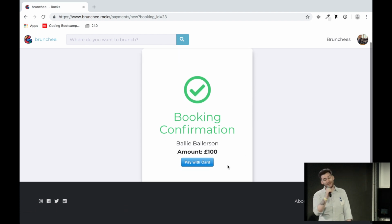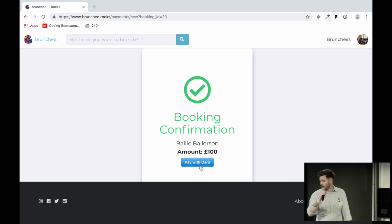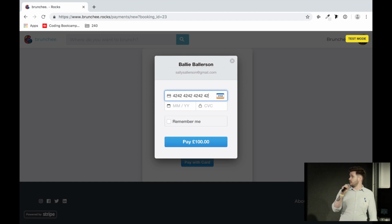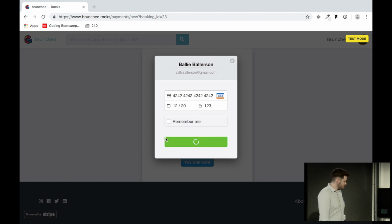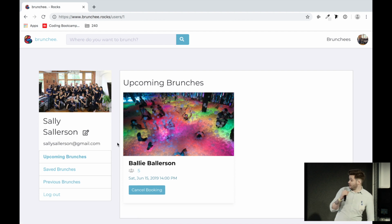Awesome. £100 though, that's quite a lot. Luckily, I have this app called Haze. It's fantastic. I'll be able to share that with my friends. They'll be able to pay for me. It's my birthday after all. Let's go ahead and pay. Luckily, my credit card number is very similar to everyone else's. Awesome, that looks like it's booked